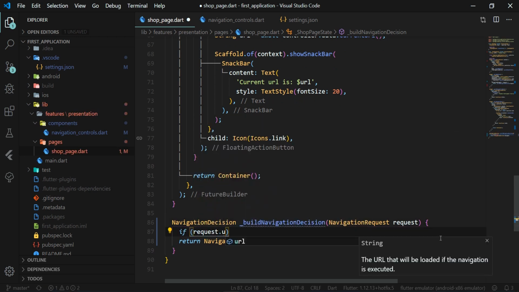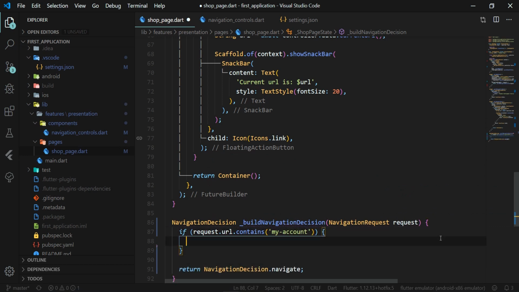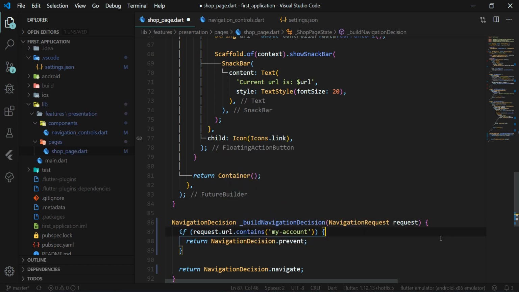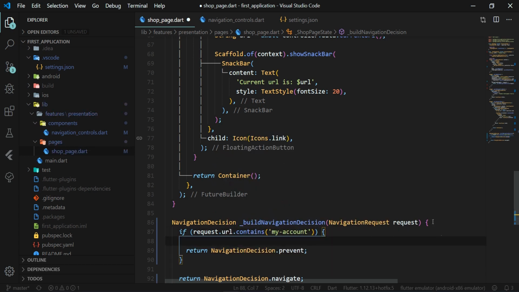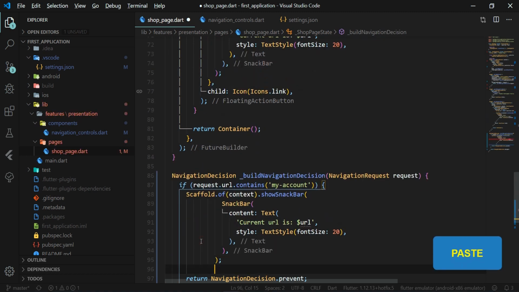In our case, we will give an example when a user clicks on the My Account subpage in our store, where we disable this request in Flutter,